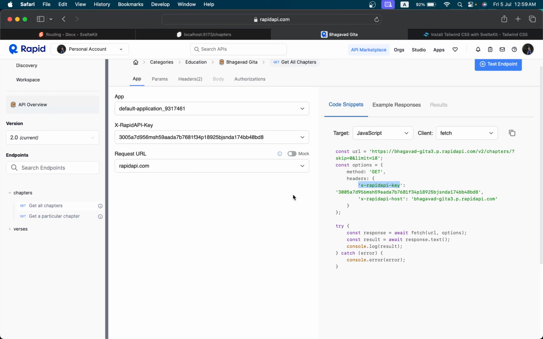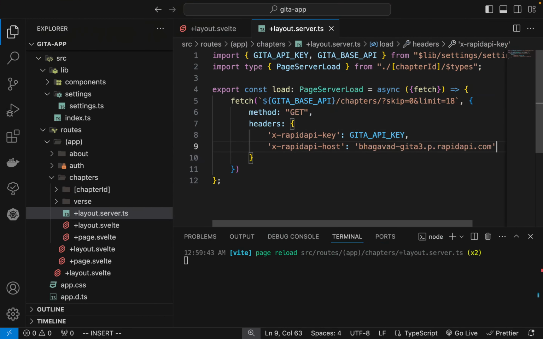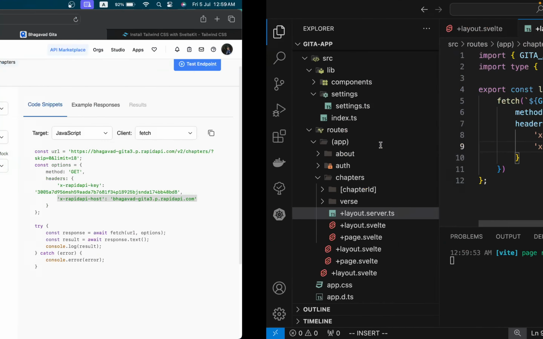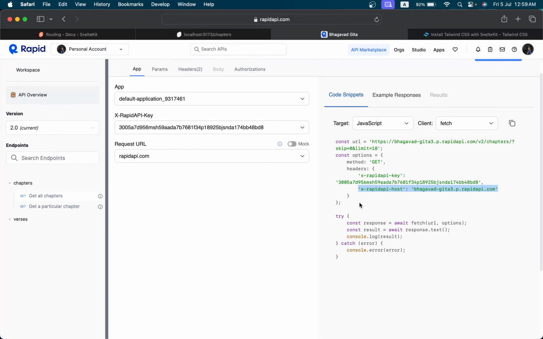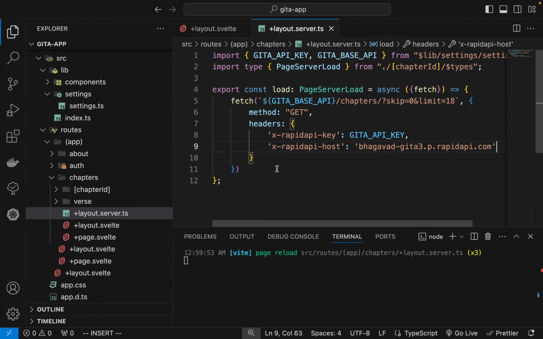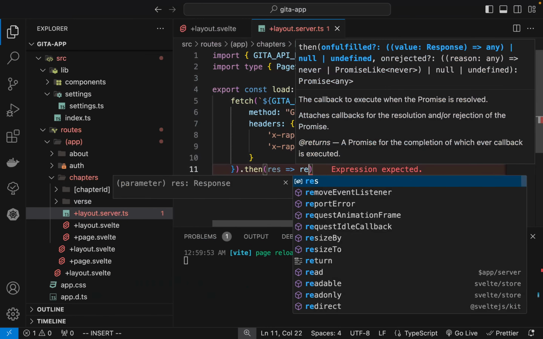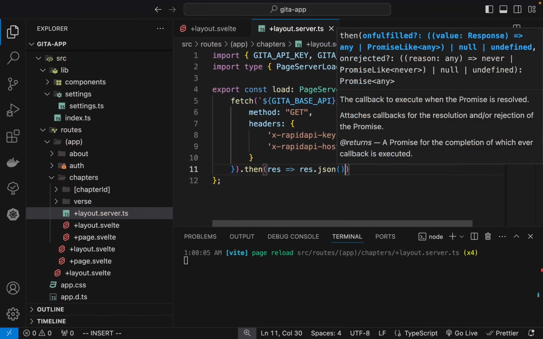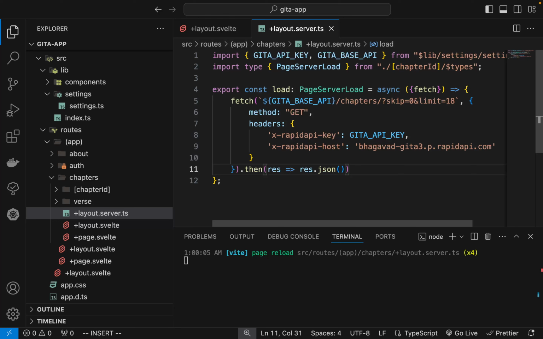Now we also need to specify this thing as well here. Make sure to do it. Now what I need is dot then res to res dot json, convert into json, and we need then